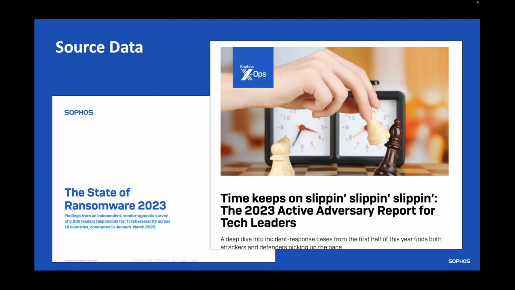And I'm going to do that by drawing on two sets of source data, which I think you will find very useful. And both of these assets are available on the Sophos website. They're available for download free of charge, and they're both really interesting reads. So the first set of source data comes from the State of Ransomware, and we produce this report every 12 months. It is essentially a vendor agnostic survey. So we contact 3,000 IT administrators, decision makers, budget holders worldwide, and we ask them for their experiences of cybersecurity.